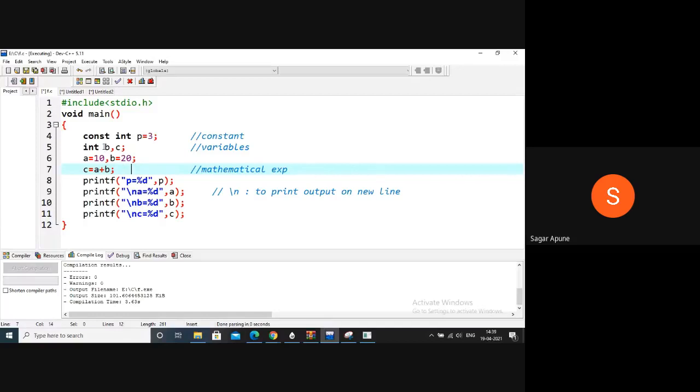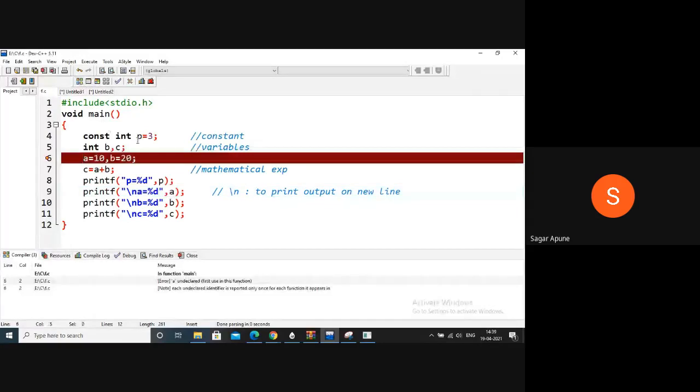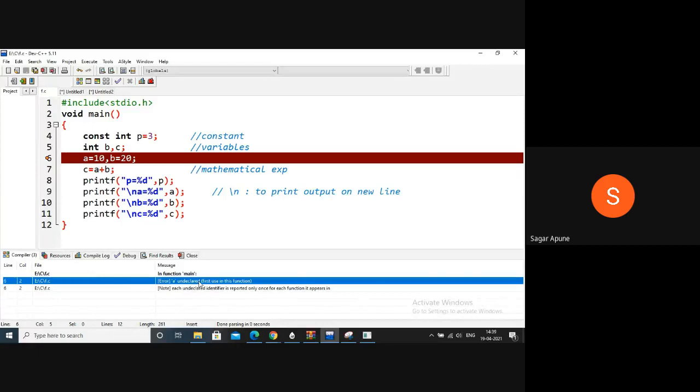Declaration is not done for A, but here I use A is equal to 10, and here I print the value of A. So what is the error message? Compile this. So there is an error message: A is undeclared.